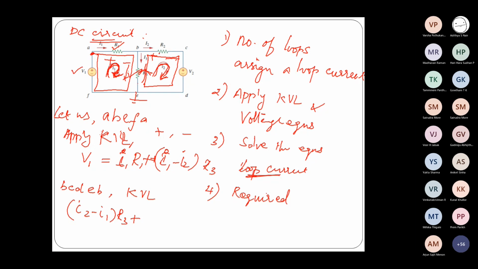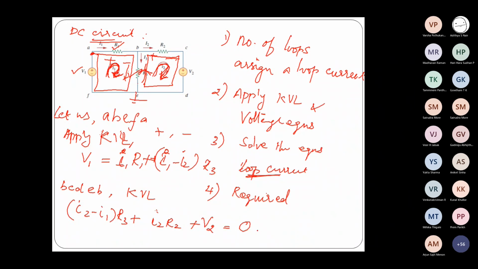So what is this R2 current? The loop current I2 is the only current flowing through this element R2. So it's obviously I2 into R2. Okay, and then here, see, this is the voltage source. As per the assumed direction, it's again a drop, plus to minus. It's again a drop, so let us include that also on this side. So there is no voltage rise as far as this loop is concerned. The sum of the voltage drops is equal to the voltage rises, so here the voltage rise is 0.